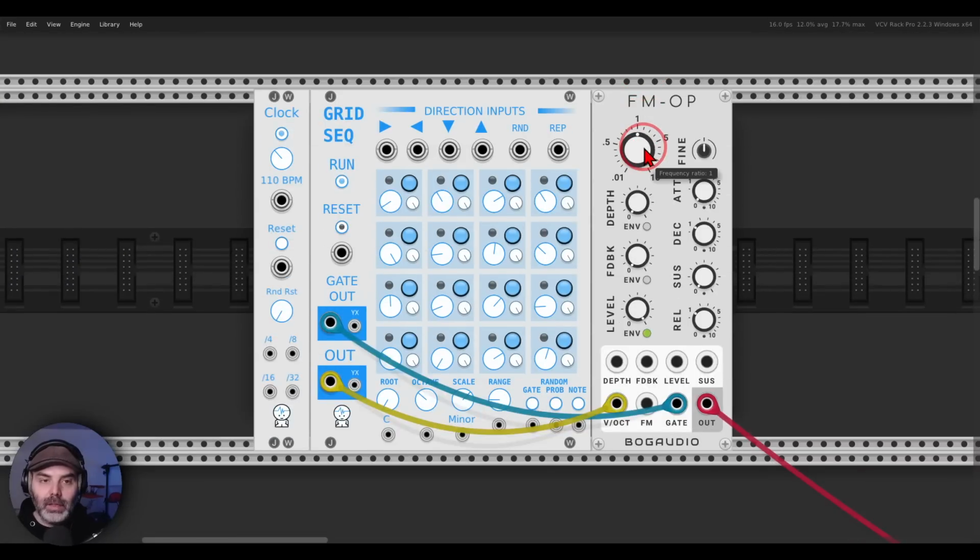So here I have an example. I'm just using the FM operator for this as the voice, right? If I clock, for example, now the forward input, in the case of the JW sequencer, the grid sequencer, it will move forward. I can also click on the arrows. So if I click down, right, so I have different variations. I can use a clock divider for this. If I use a division of 16, for example,